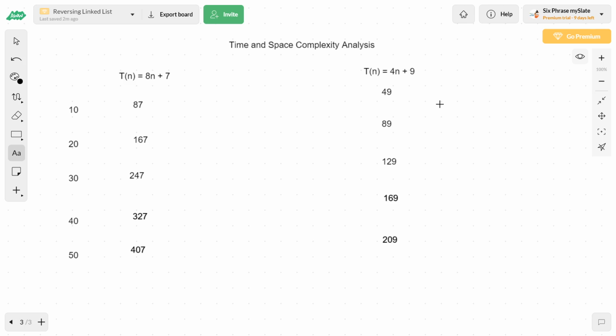Now, let us deal with space complexity. I'll tell you one thing. We should always calculate only extra space. We should never calculate the memory that we give to input. For input, the memory we use is not counted. But apart from input, if I am using any other space, then it is called extra space. Only extra space has to be calculated.